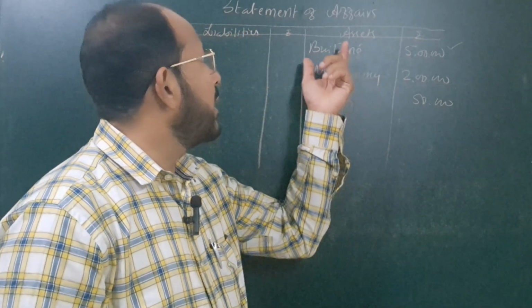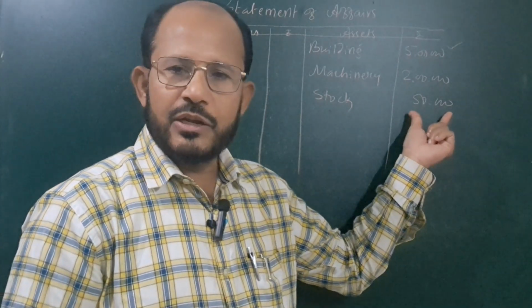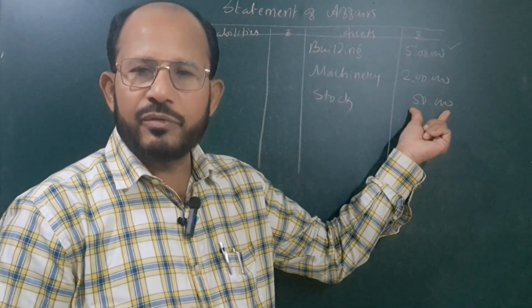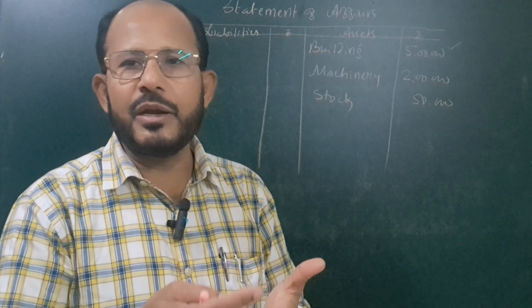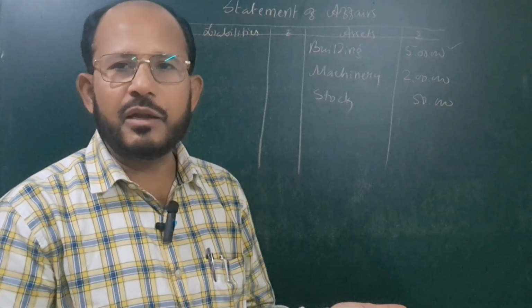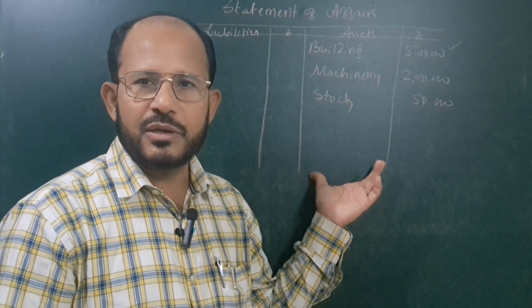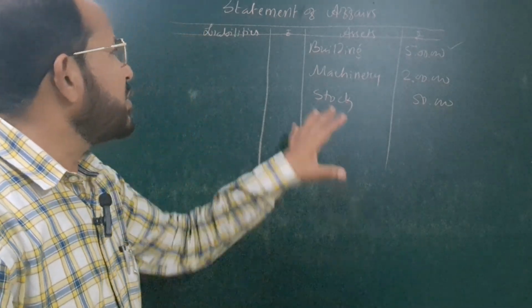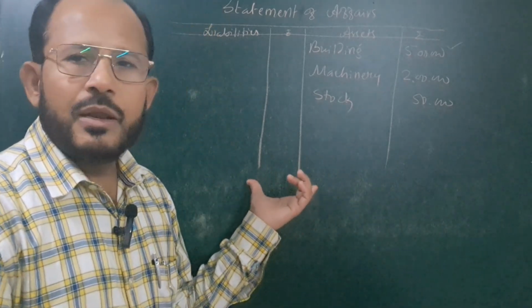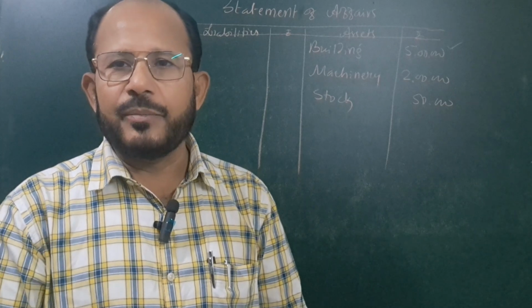But in case of a statement of affairs, the stock which is shown, that is rupees 50,000, is not the accurate figure. The sole proprietor may manipulate this. The sole proprietor may show rupees 80,000 or more than that also. That is why this information is not reliable in nature. But this statement of affairs, under the conversion of single entry into double entry, we prepare in order to calculate either the opening capital or the closing capital.